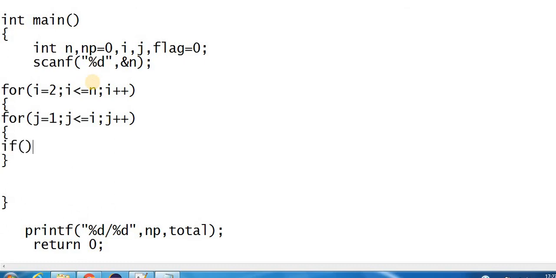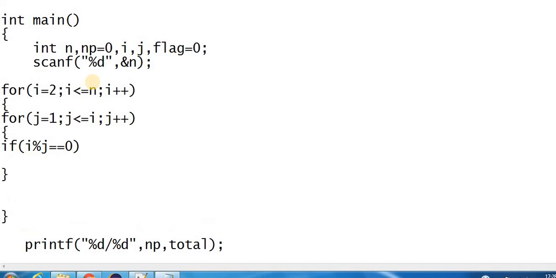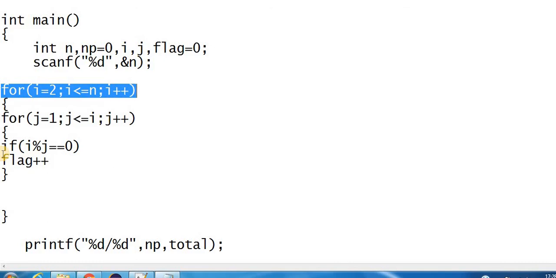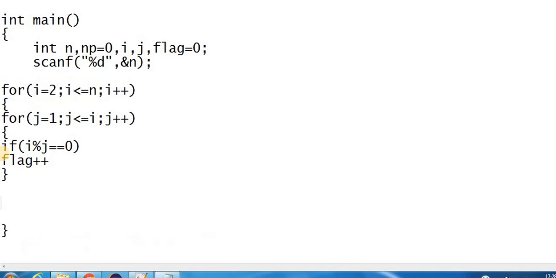What is a factor? A factor is that which can divide a number. So if i modulo j equal to 0, that is, the number can be divided by the other, we'll increase the number of factors. The number of factors is flag. So this will check all the factors for the given number, which is given by this loop, that is i. We said that a prime number is one which has only 2 factors. So if number of factors equal to 2,